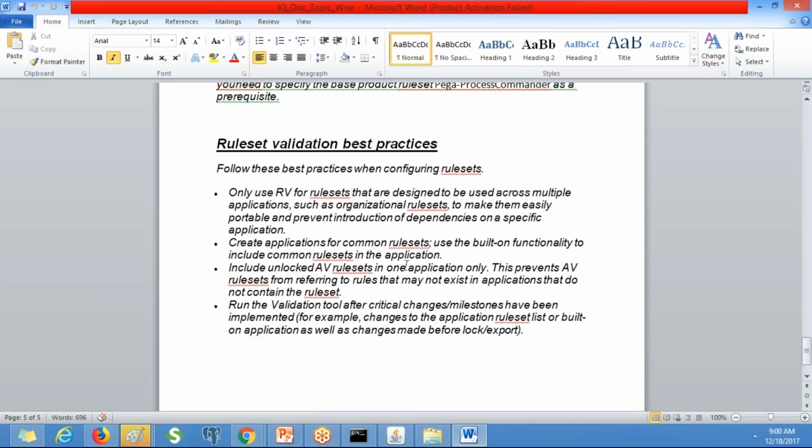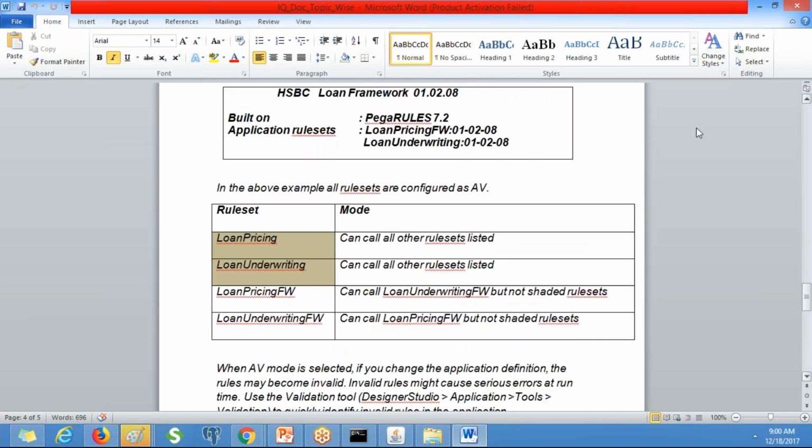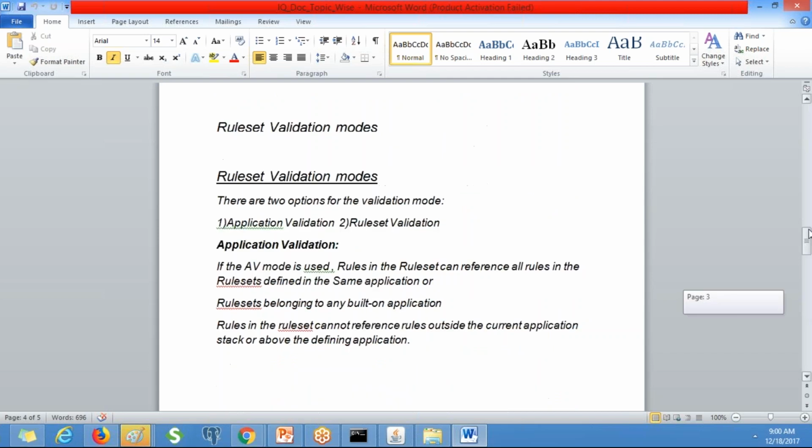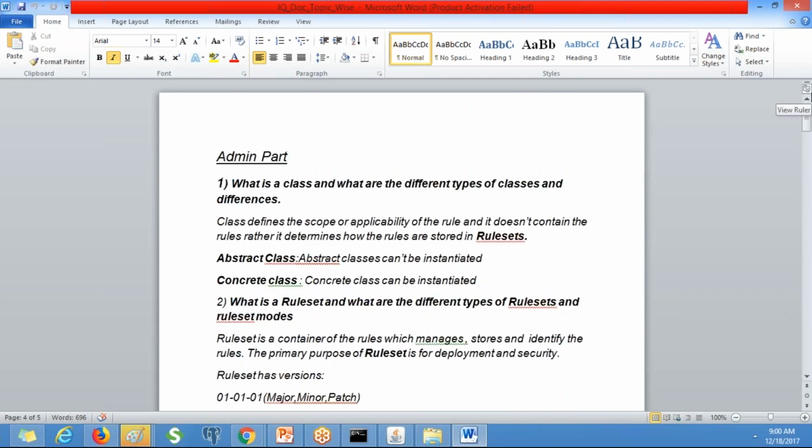So it's very important for real time. You have to analyze more on the rule sets. If you have any doubts, you can ask me. Go through this document, this part of interview questions only.